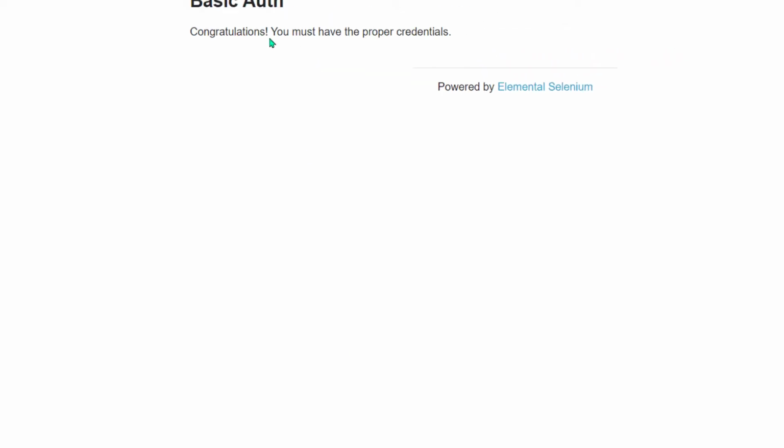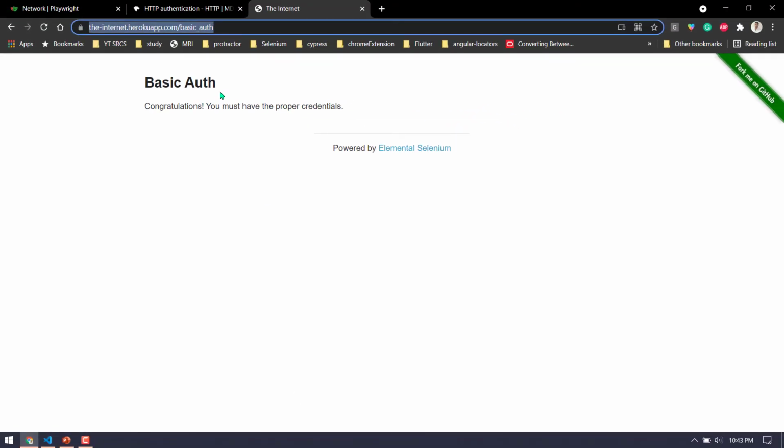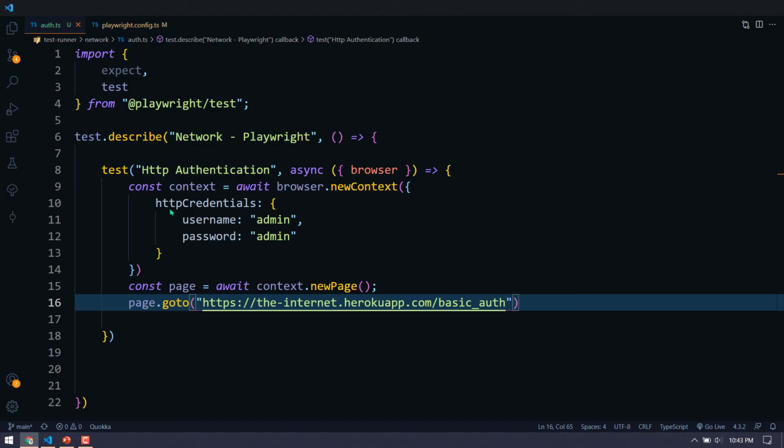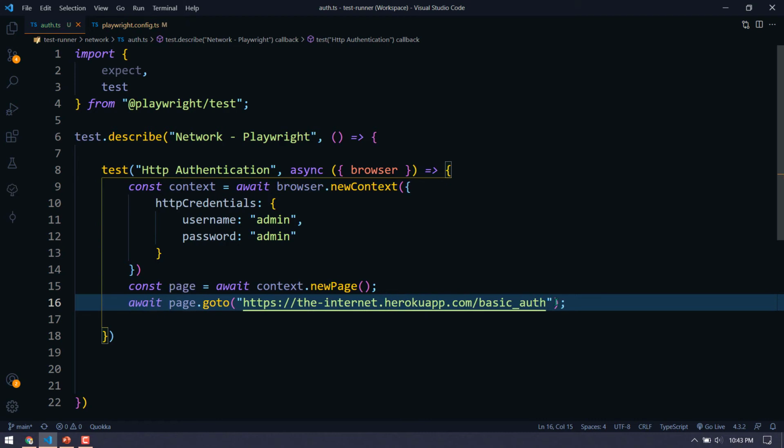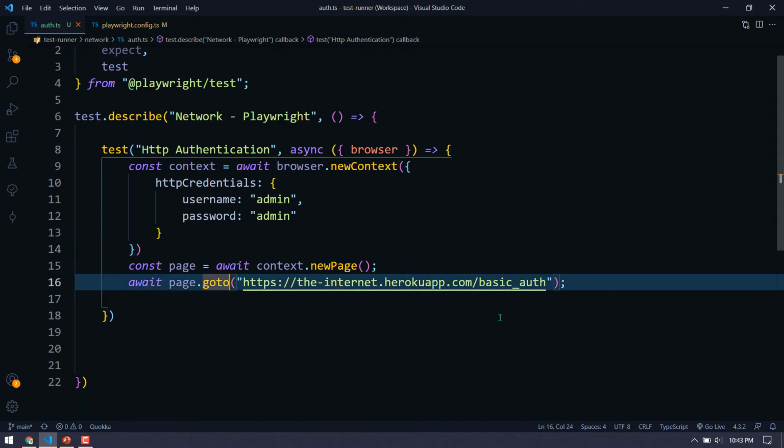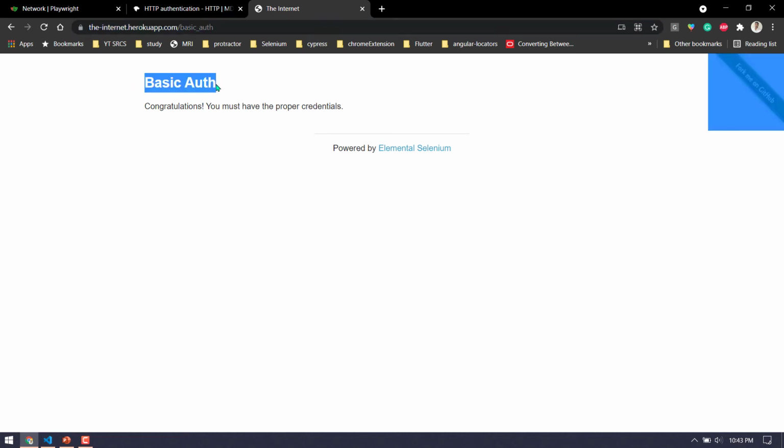Okay, it's working because I have already given the credentials, so it's stored somewhere in the cache or maybe in the cookie. Anyway, that's fine. We know that whenever we run our test script in Playwright or in any automation, it tries to open in a different context, incognito mode specifically. So here we have this. Once we get into this page with the authentication, we'll just verify this.